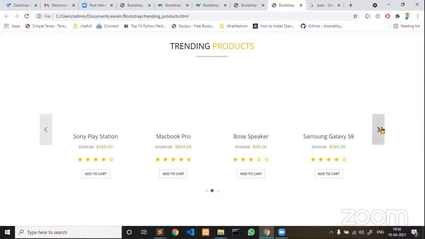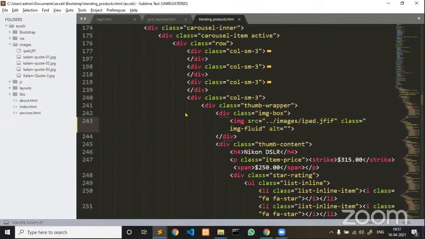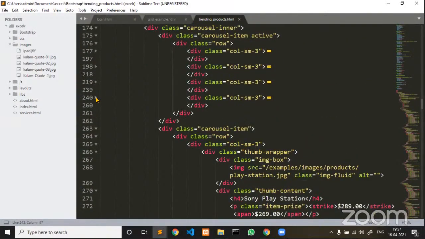This is one project that I have used it in. In that project only I copy pasted. In this whole carousel I have used Bootstrap, so that's why to build this whole carousel, it took just an hour. If you are not using Bootstrap, to complete this whole trending project, I may need 1 or 2 days.